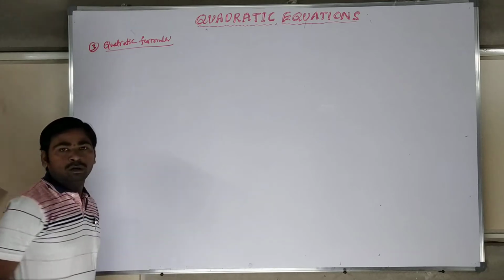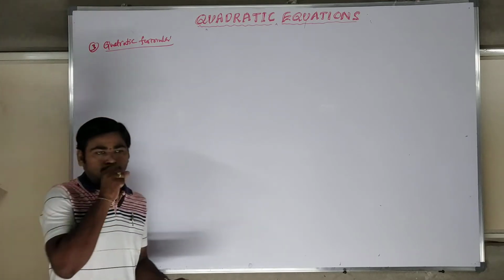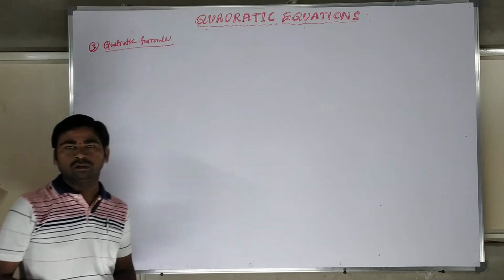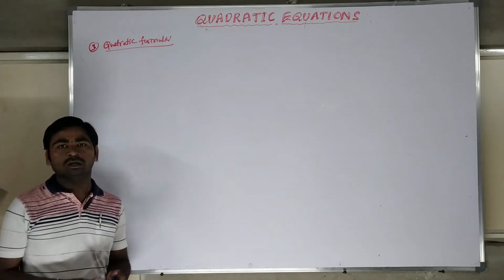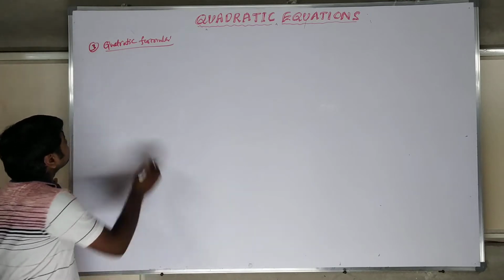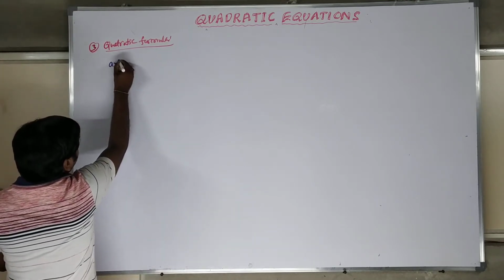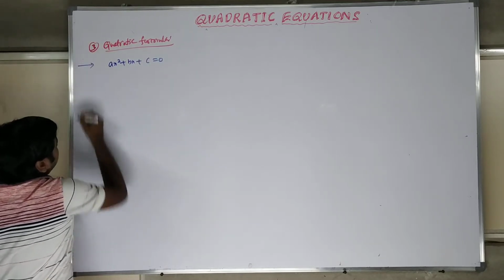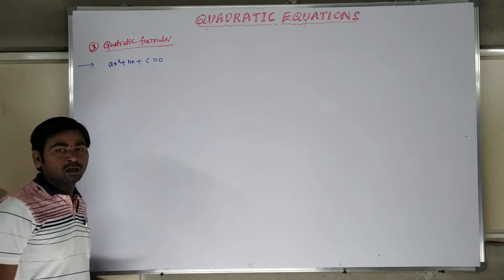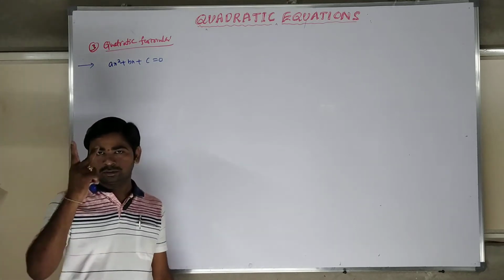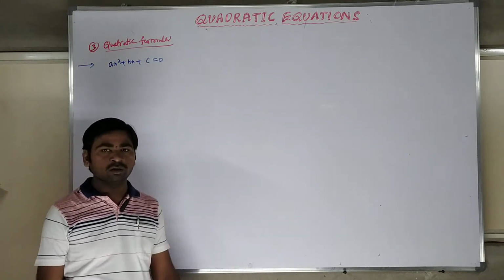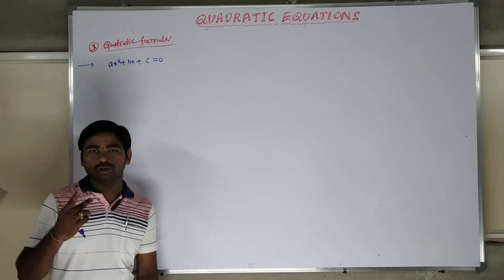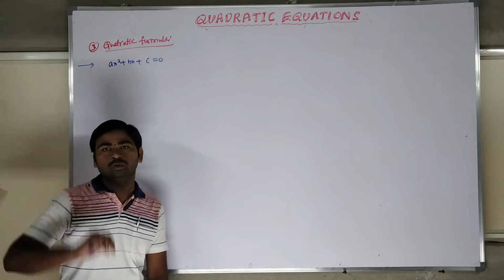So we can directly apply the formula for a given question. This formula was derived with the equations, but I am giving the formula directly. The formula is for the equation ax square plus bx plus c is equal to 0. This is the second order equation. How many roots does a second order equation have? 2 roots. In every case, a quadratic equation possesses 2 roots, because the degree of the equation is 2.